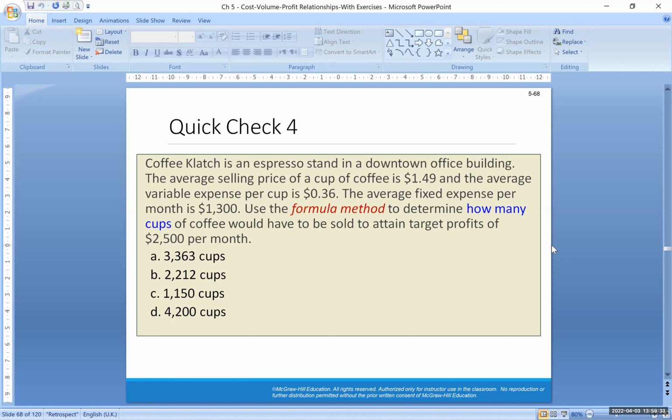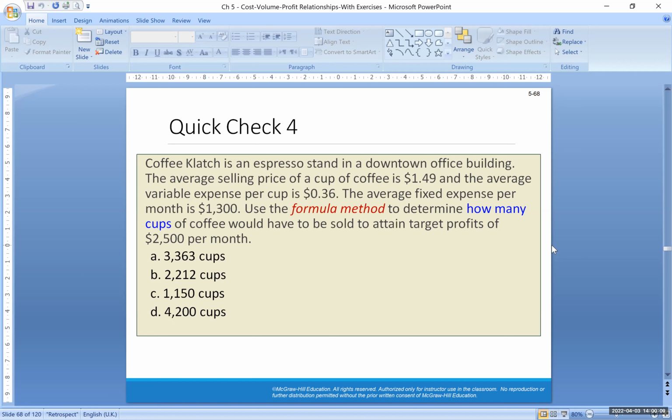The unit sales to attain a target profit in this case is equal to what? The target profit plus the fixed expenses divided by the contribution margin per unit, or the unit contribution margin. The target profit in this case would be $2,500 plus the fixed expenses of $1,300